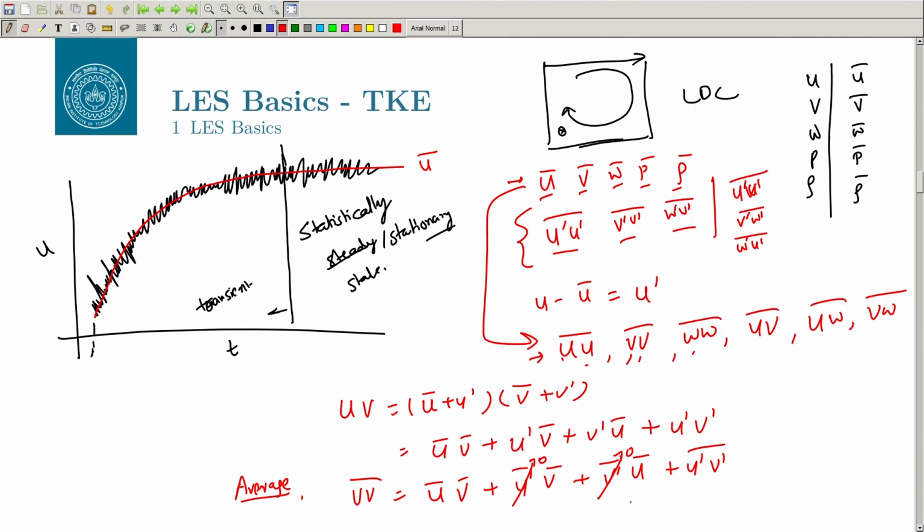So, now by using this you can get u prime v prime bar by just doing u v bar minus u bar v bar. Since you have stored all three quantities, that is u v bar and separately u bar and v bar, you can calculate this u prime v prime bar, right. So, similarly you can calculate